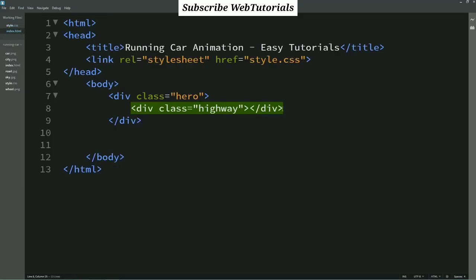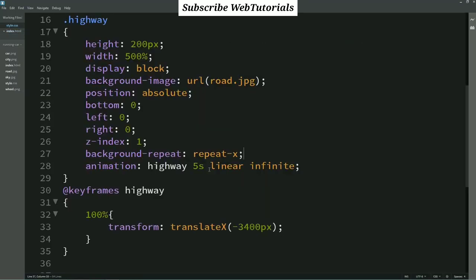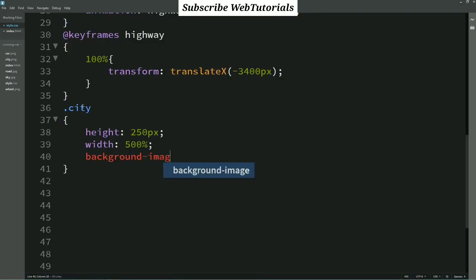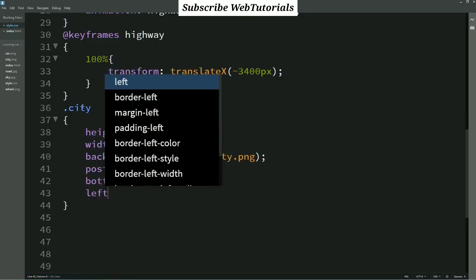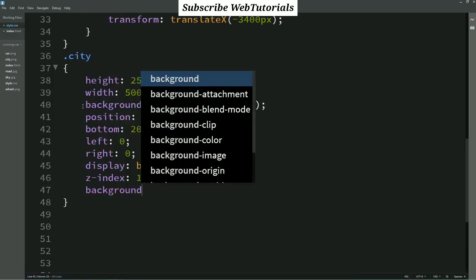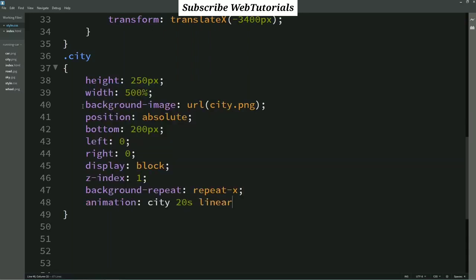Again we will come back to the HTML file and just duplicate this line and change the class name. So this one will be city. Just copy this class name city and come to the CSS file. Write city here, and again here we'll add height and width, background image, position will be absolute, bottom 200 pixel, left 0, right 0, display block, z-index will be 1, and background repeat x, and animation city 20 second linear infinite.